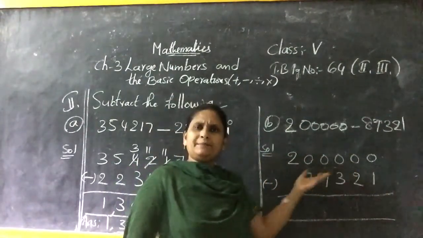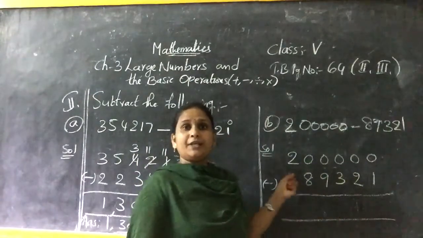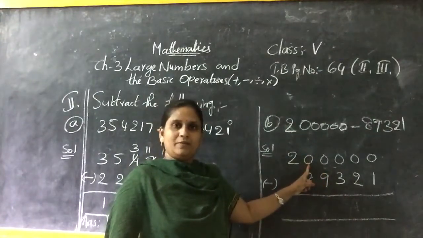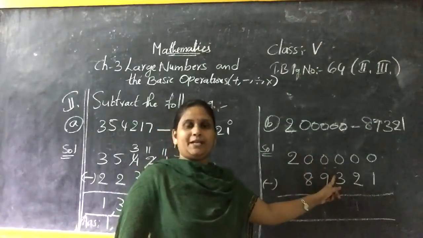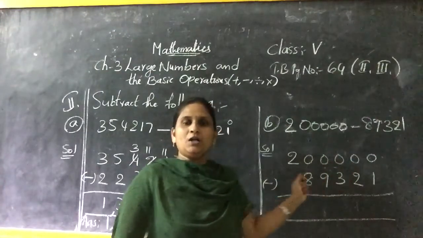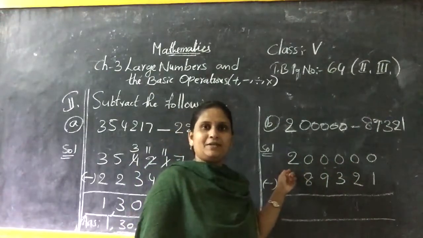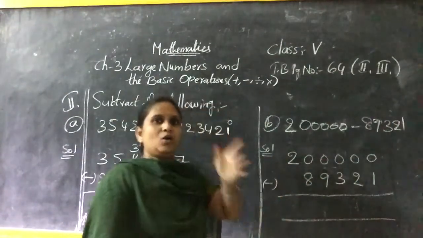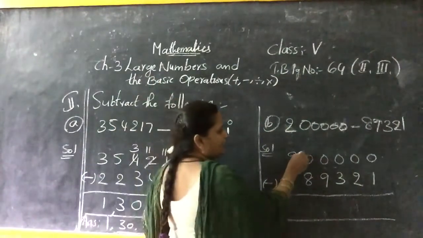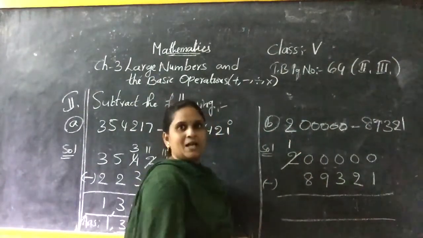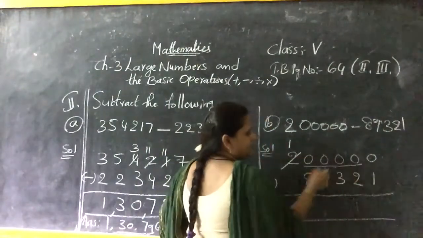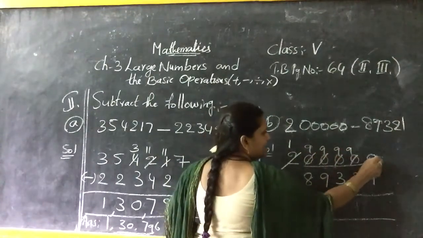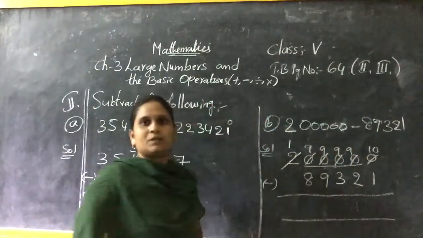But all the numbers are zeros only. So from where do you have to take? From the 2. From the 2 you take a borrow to the first 0. Then this 0 will become 10. Again from 10 you take to the next 0. So for all this, if the first number is any numeral and the remaining are all zeros, there is a simple technique, children. Cut the first number and write the number before it, and the remaining zeros in the middle: above all the zeros write 9, and above the last 0 write 10. That is the simple technique.